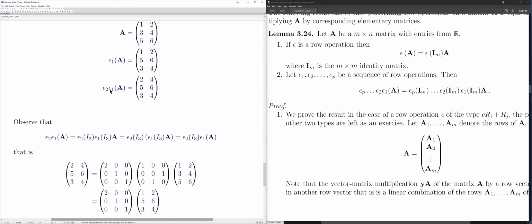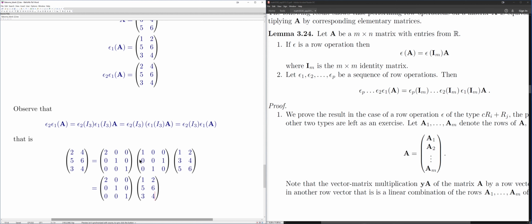Okay, and what I'm saying here is that for this matrix A, what I did is I applied epsilon 1 and epsilon 2, right? And I can achieve that by multiplying by the corresponding elementary matrices, right? So this elementary matrix over here contains the information for switching the bottom two rows, and this one over here contains the information for multiplying row 1 by 2, right? And let's see if that works for me, right? So this is what I have, right? I'm looking at this